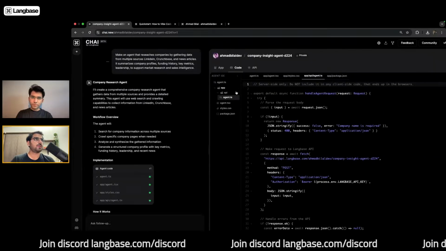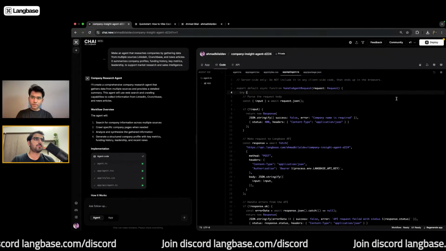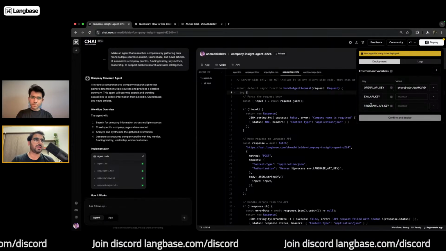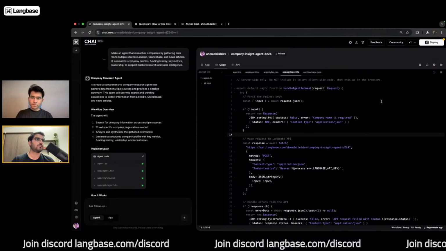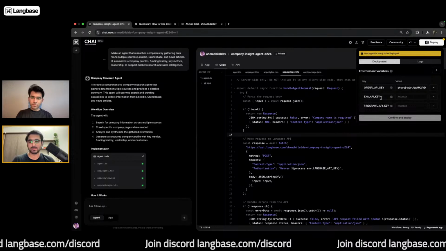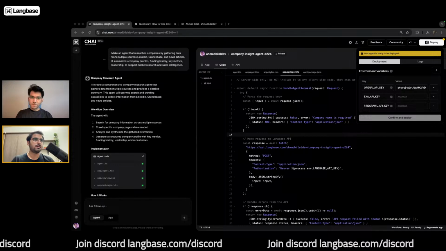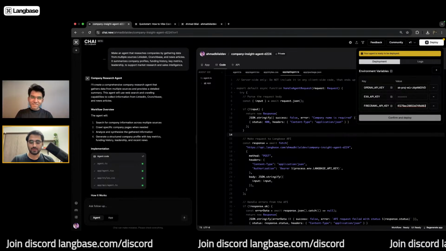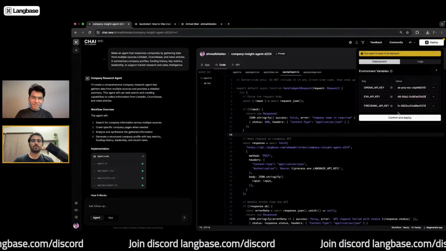So our agent is ready to be deployed, and it's going to intelligently ask for the API keys it needs. Because we are using crawl and search functionalities, it's going to ask for their keys. Let me quickly provide them off the screen here. Firecrawl and Exa. Cool. Let's go ahead and deploy the agent.